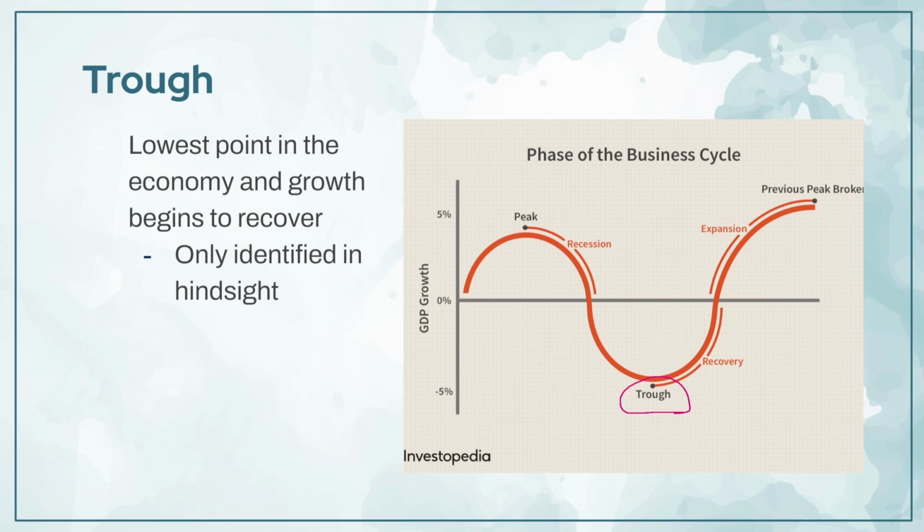This kind of reflects the quote of time in the market beats timing the market. And these averages change depending on the time frame. As from 2009 to 2020, the expansion has lasted a record of 128 months. So, the biggest indicators of analyzing business cycles are inflation, output, consumer spending, interest rates, employment, and wage rates. These can kind of give us a clue on which levels of economic growth we are currently in,